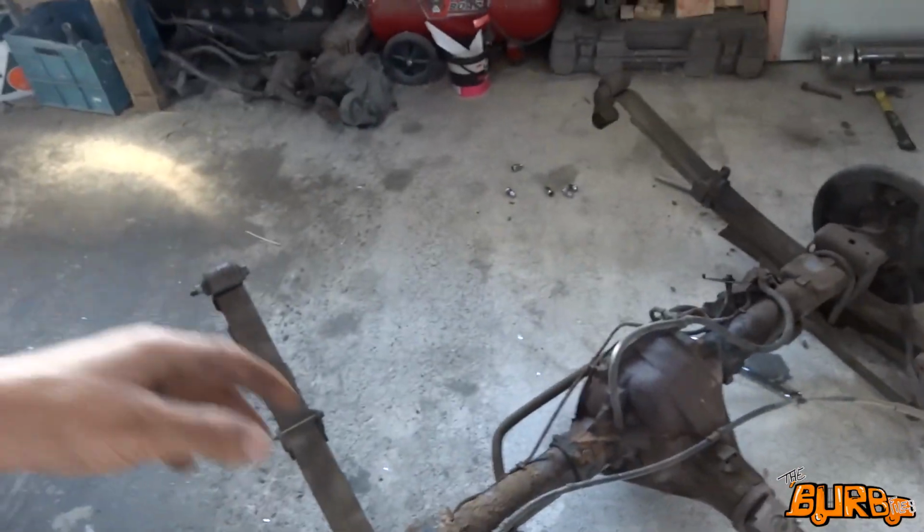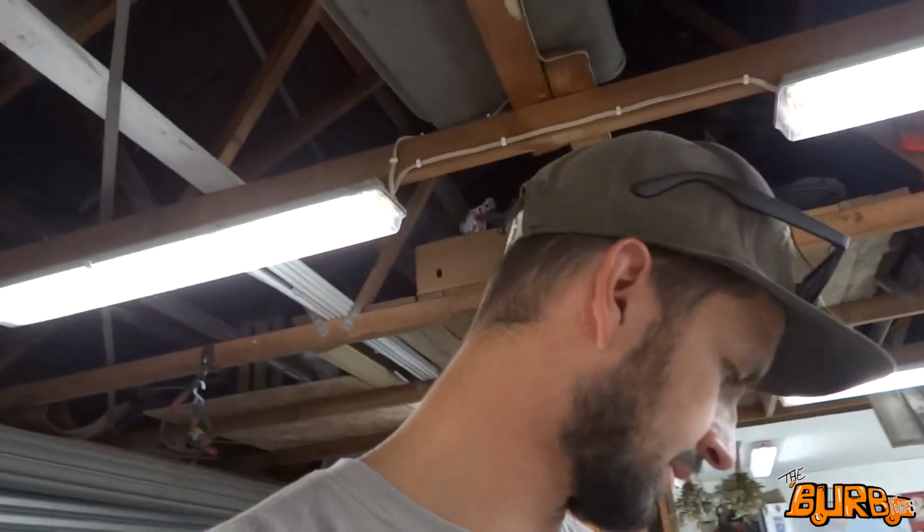Man, feels like that diff weighs as much as the E30. Whew. Alrighty guys, so I'm happy with getting that out today. Getting it cleaned up and the diff out, so I'm going to call it a day so I can see if the weather's looking right tomorrow. I might come out and